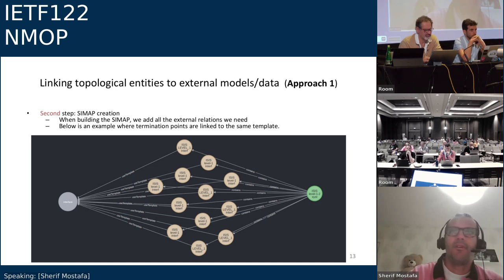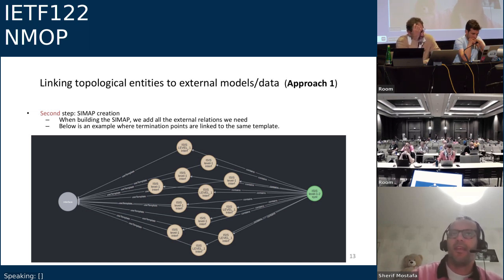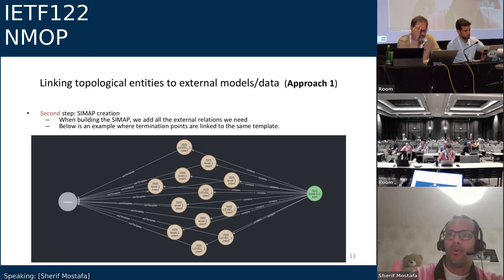Now, the second part is you, as usual, create your own map. So this is creating the CMap. The difference is here we add the external link to the template as well. So if you see on the left, this is the interface and this is the template. All of these are ISIS interfaces. They are all